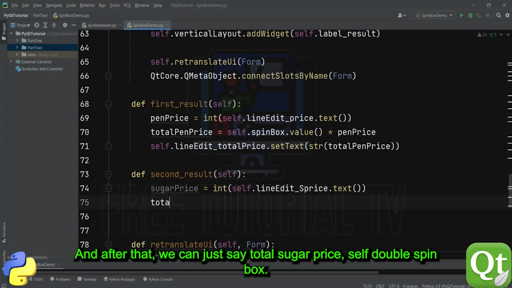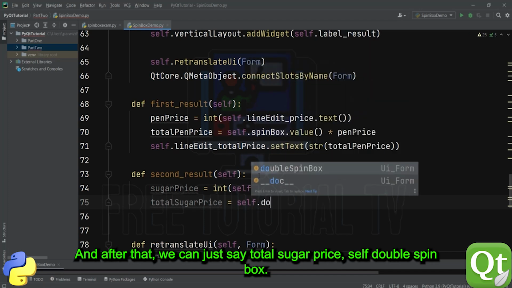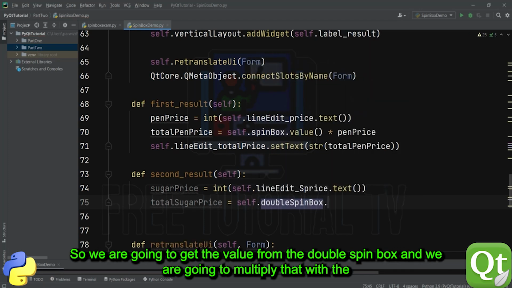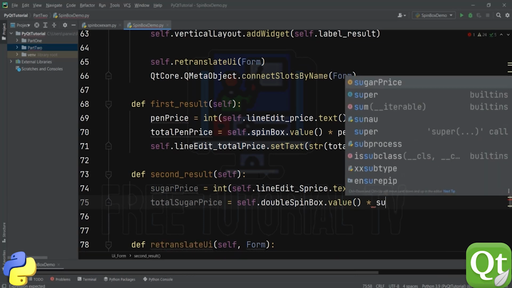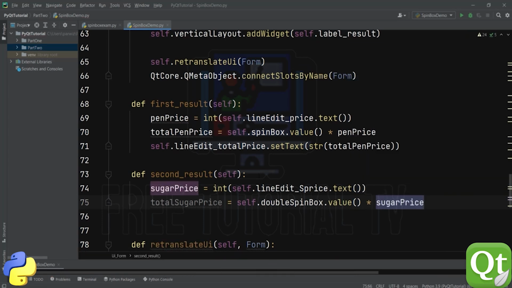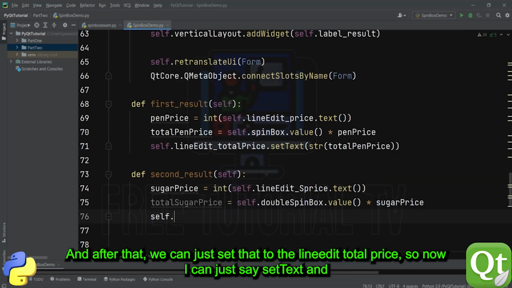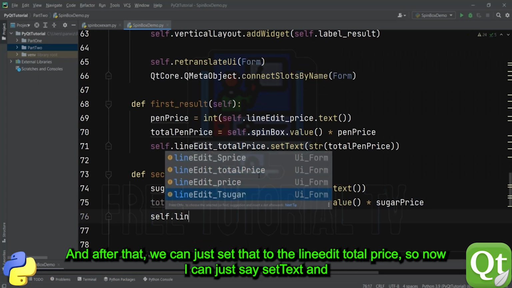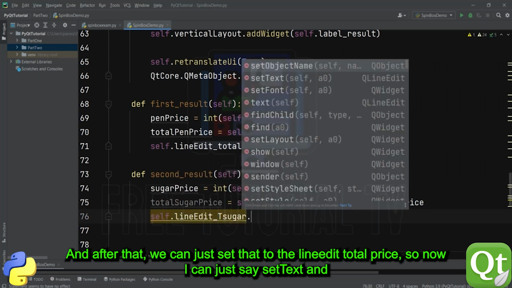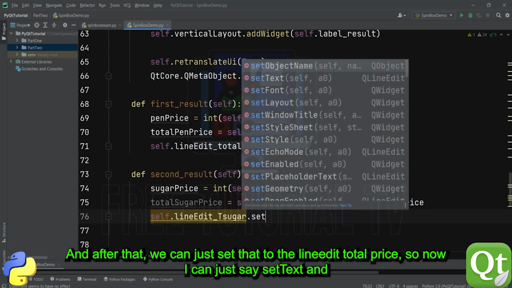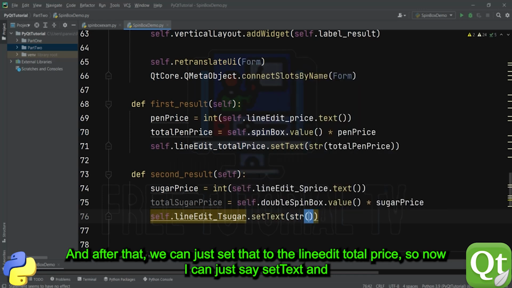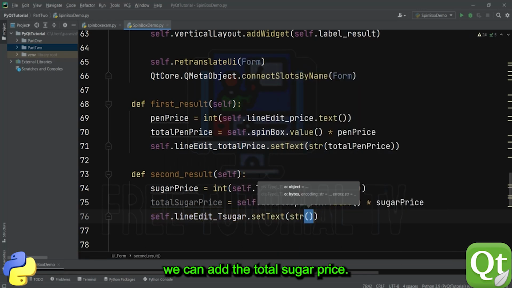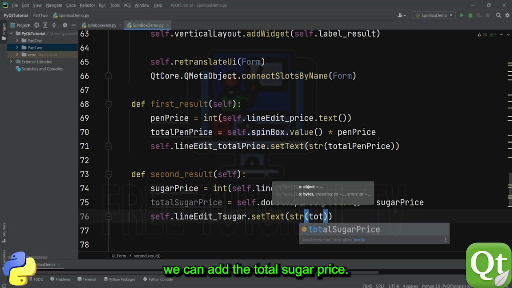Then after that we can say total sugar price, self dot double spin box, and we are going to get the value from the double spin box, and we are going to multiply that with the sugar price. Now after that we can just set to the line edit total price. So now I can say set text, and we can add the total sugar price